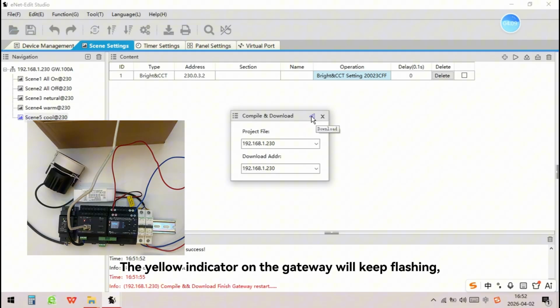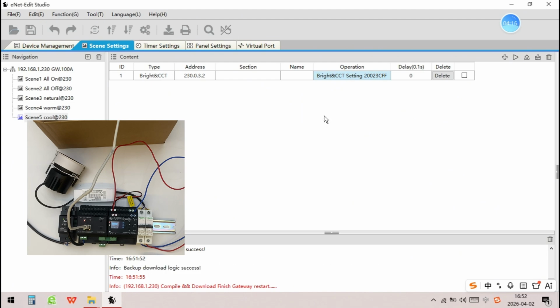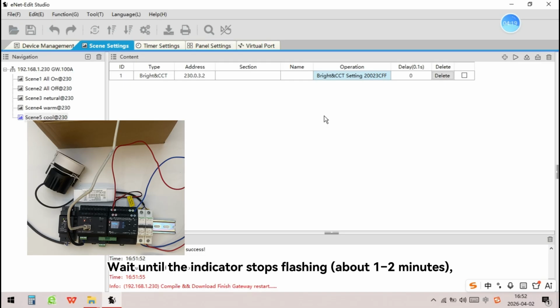The yellow indicator on the gateway will keep flashing, which means it is restarting. Wait until the indicator stops flashing, about 1 to 2 minutes. Then you can start testing.